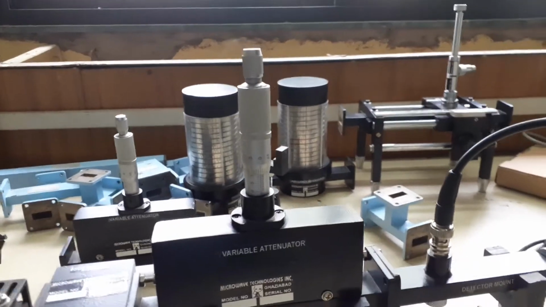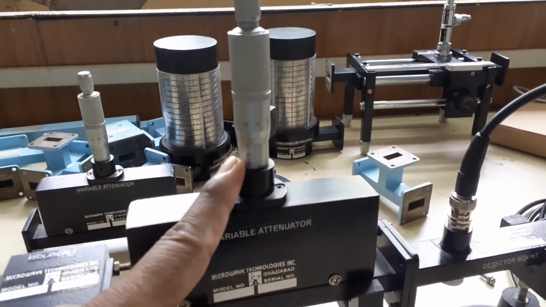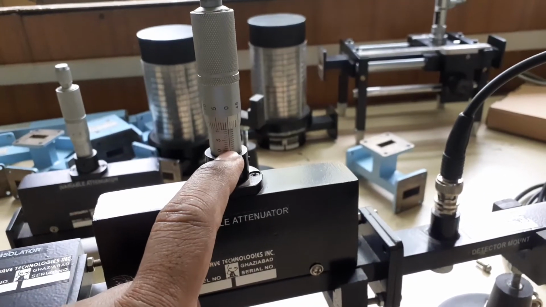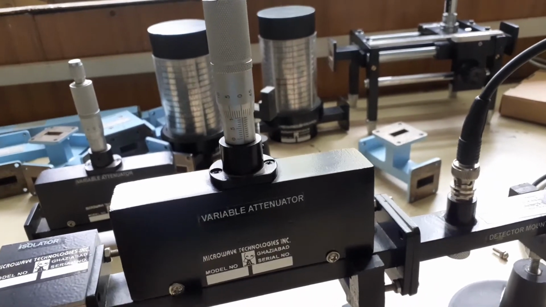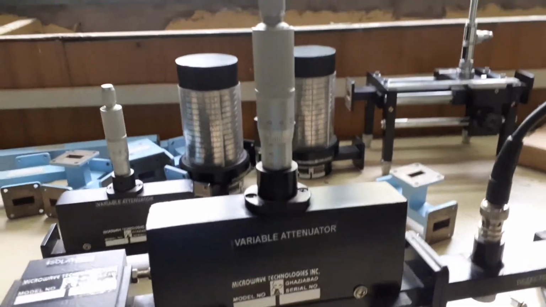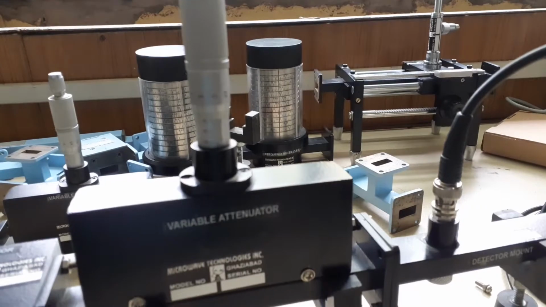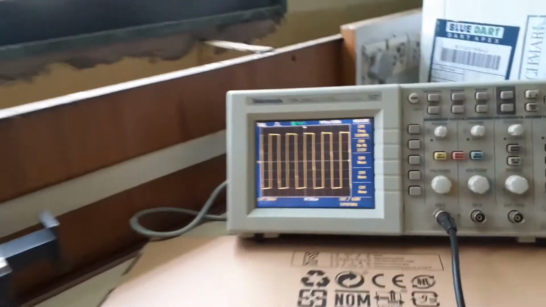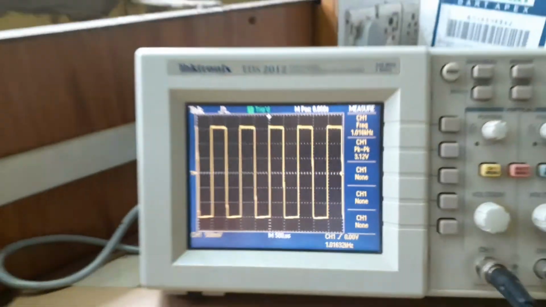If you try to note down the reading, if you take 2 rotations, it will be this; if you take 1 rotation, it will be this way. Right now the position is 10. Suppose I rotate once, then it will be 9.5. If I rotate twice, then it will be 9. So I am increasing the depth of the obstacle present there. Right now at 10, the value is about 3.12. You just note down the reading: at 10, it is 3.12.